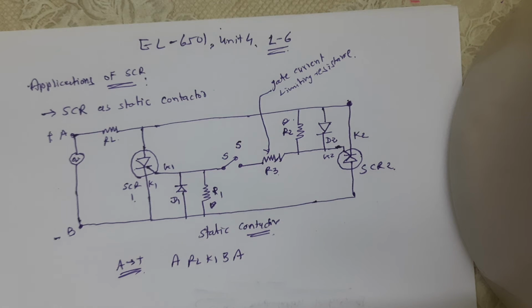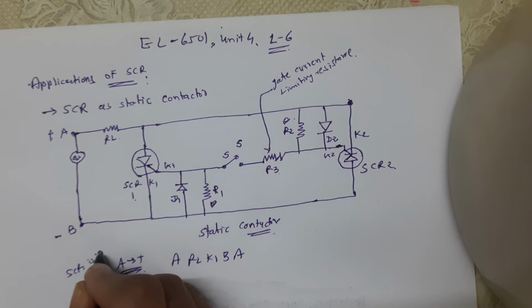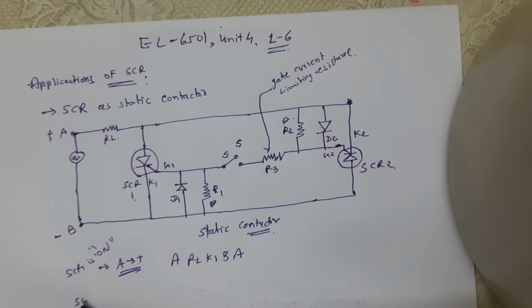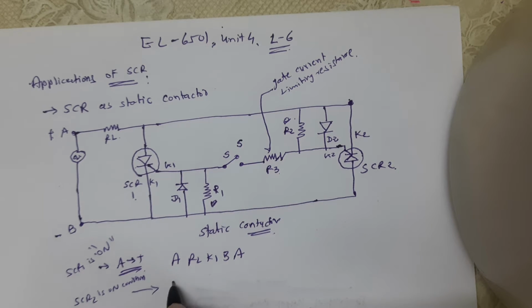Similarly, in the next half cycle, SCR2 is turned on. When SCR2 is in the on condition, the path of the current is A, RL, then B. Similarly, in the next half cycle, SCR2 is turned on and it conducts the current through the